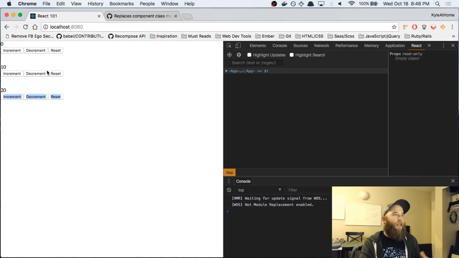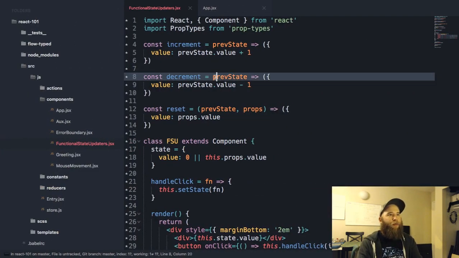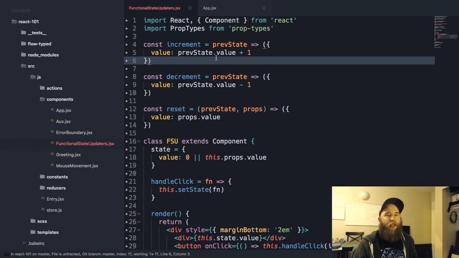But what we'll see is, like, we have now this functional signature we can use with setState, and we can see that it's working properly. And what's great is, like, if I hit reset, it knows to go to the props value, right? It kind of makes these counters just slightly more interesting and useful. So this is what I meant by functional state updaters, because essentially what you can actually end up doing is, and maybe we'll get into this next week.